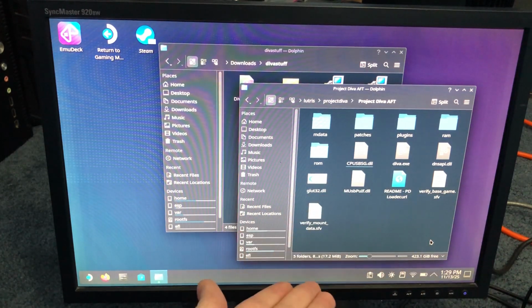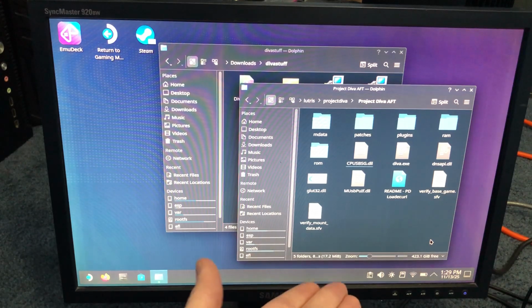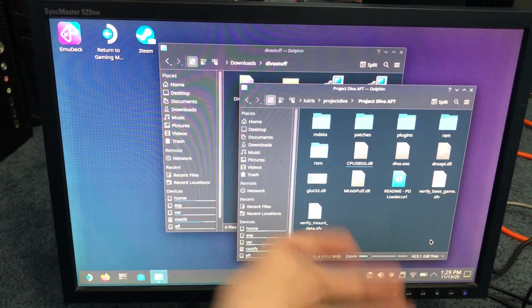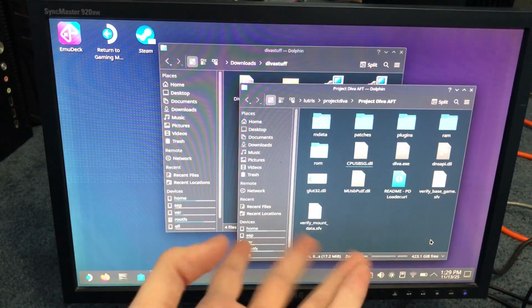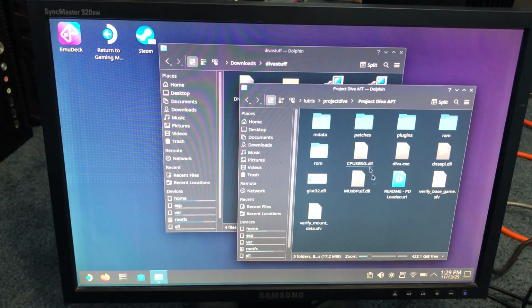I've already installed PD Loader and the patches you need. For this to work, you don't have to install PD Loader right away, I think, but I do anyway because I'm weird. You do need to get the MData patch though. Anyway,